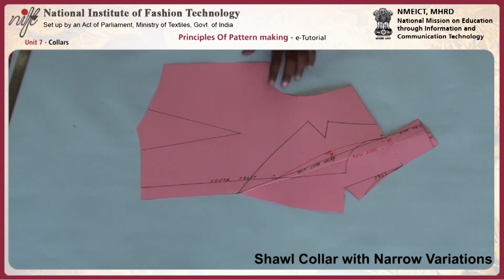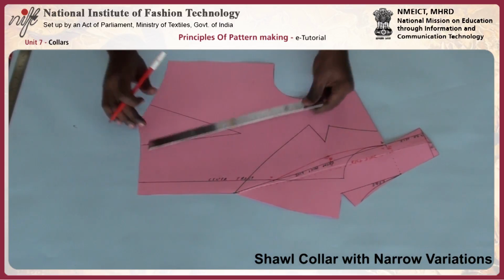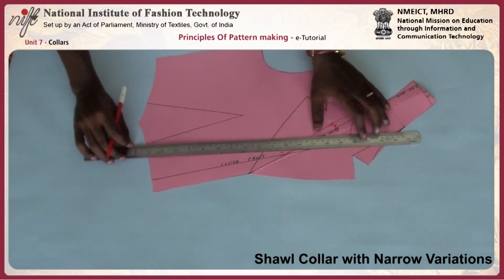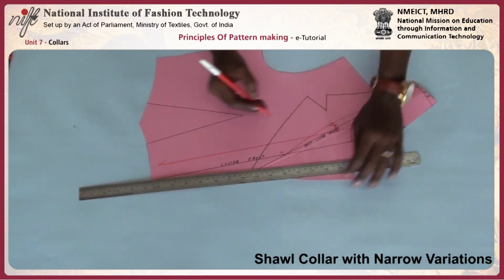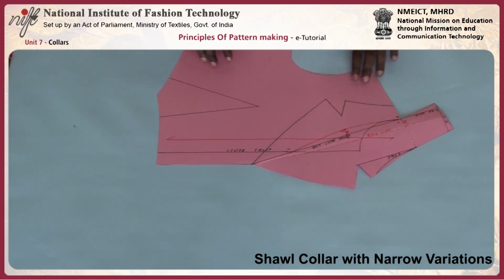Your front pattern is ready. Mark grain line parallel to center front. Now we have to make the facing to this pattern. To make the facing,